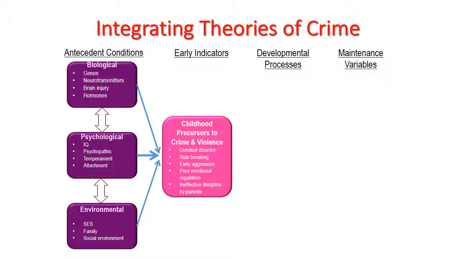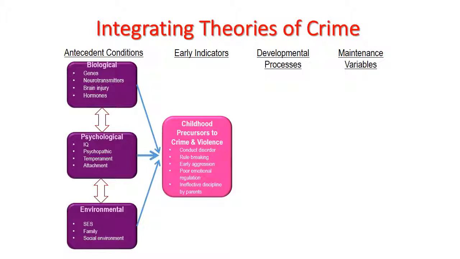Some of those factors include conduct disorder, where somebody is persistently defying authority, breaking rules, a child who is, for example, very aggressive or is likely to bully others or even engage in violent behaviors towards animals. A child who consistently breaks rules, who shows very early aggression, and this could be as young as 3 years old. Someone, or a child in this case, who's not able to regulate their emotions, especially the stronger negative emotions such as anger, distrust, resentment.